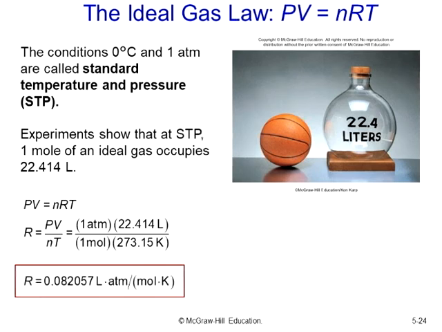Now, when we think of this ideal gas law, it is very helpful to know that the conditions of 0 C and 1 atmosphere are called standard temperature and pressure, a concept we have already introduced. This is important because oftentimes knowing that it's at STP can help us get to volume. And in fact, STP is what allowed us to determine the R value.